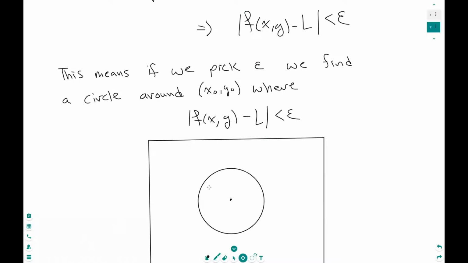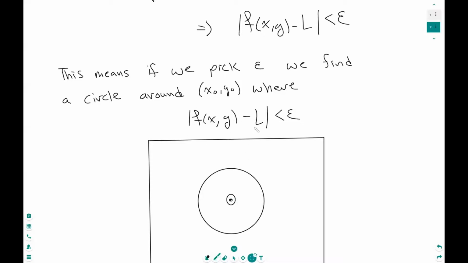Everything in this circle means that the difference between the limit point and the function of all these points in here, the range of this, is less than epsilon. So if I want a really, really small epsilon, I should be able to make this circle smaller. And then maybe I make that epsilon even smaller, which means I should be able to write a circle that's even smaller. So as the circle gets smaller,